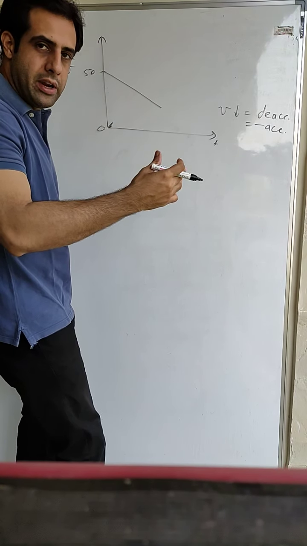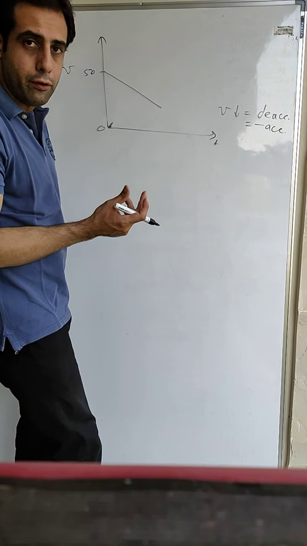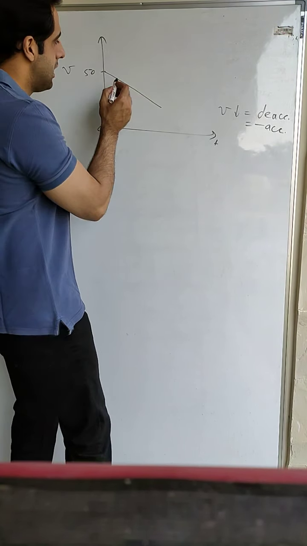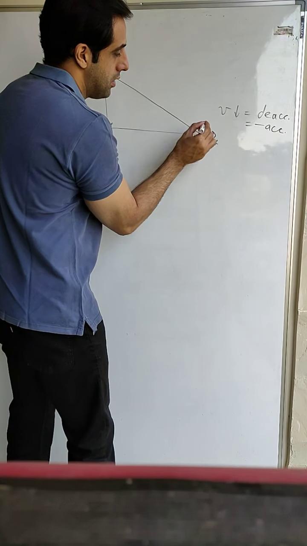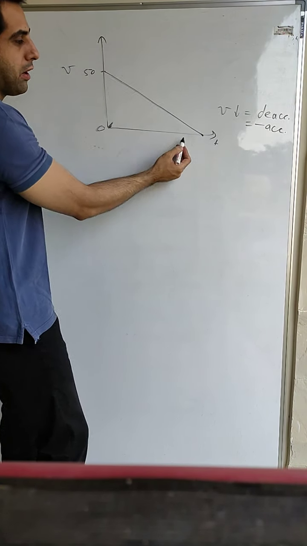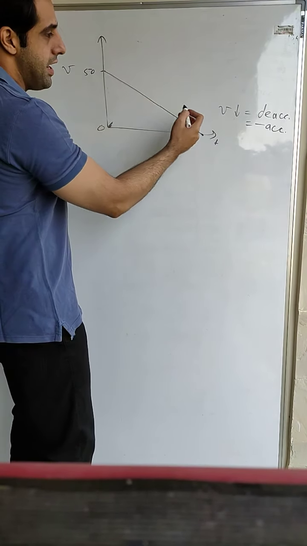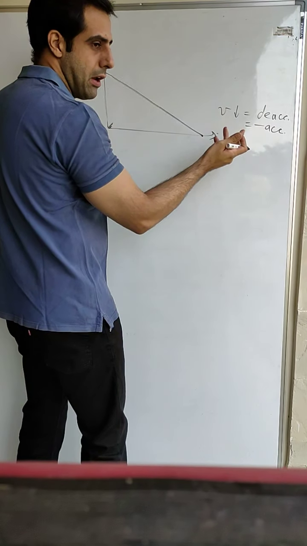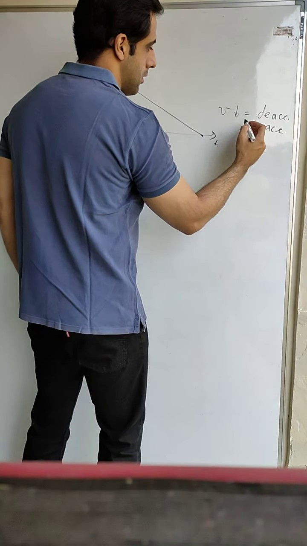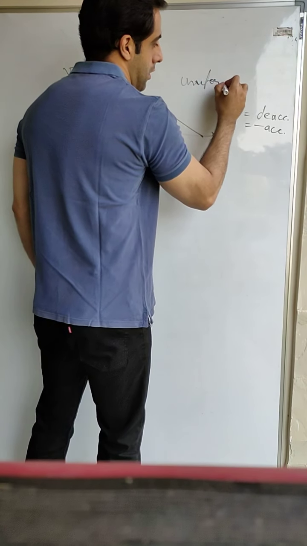Suppose you keep on applying brake, the acceleration is in negative direction but uniform, and eventually the body stops, then the curve will stop at this point. At this point the value of velocity becomes 0. Okay, so this is the deceleration with uniform. This is negative velocity with uniform deceleration. Okay, I'll write here uniform